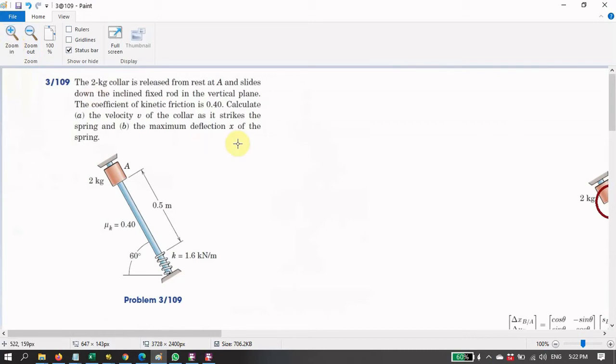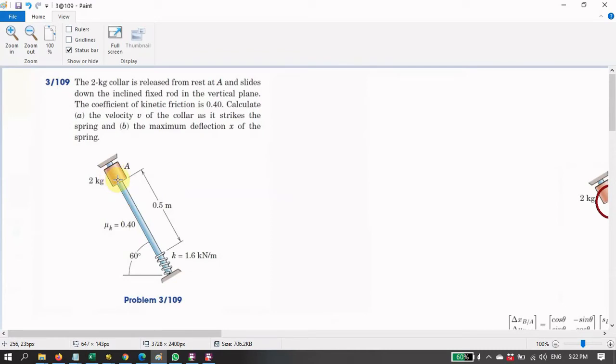Right, so we're going to look at question 3/109. We have a 2 kilogram collar that is released from rest. Here, velocity is 0. A is the initial position of this collar, and then it slides down. This is the inclined fixed rod in a vertical plane, and during its motion, this collar is subjected to frictional